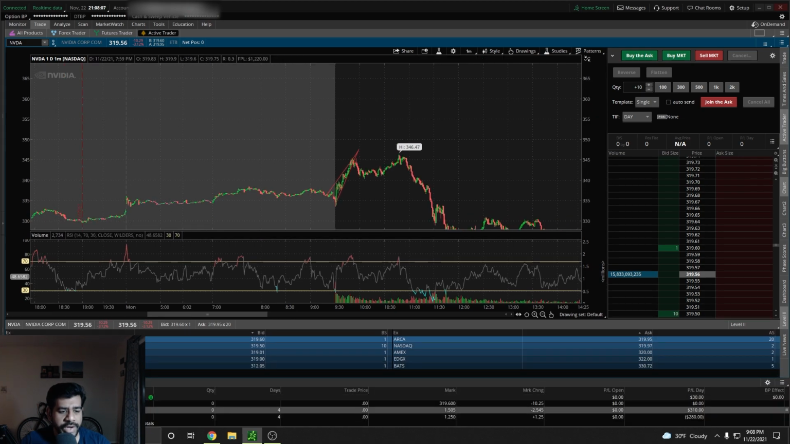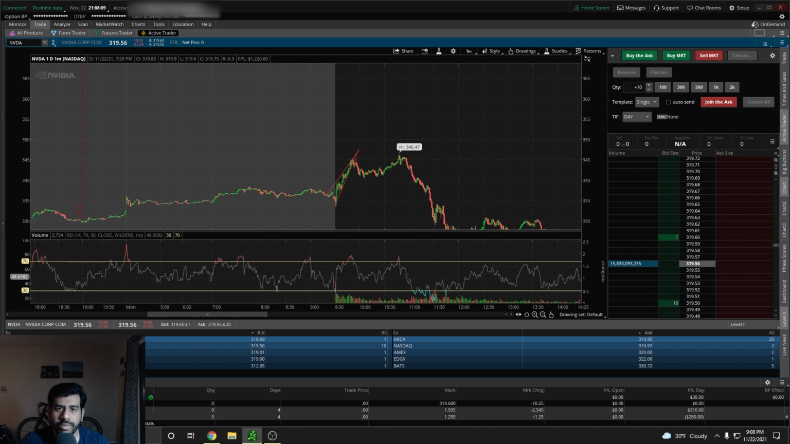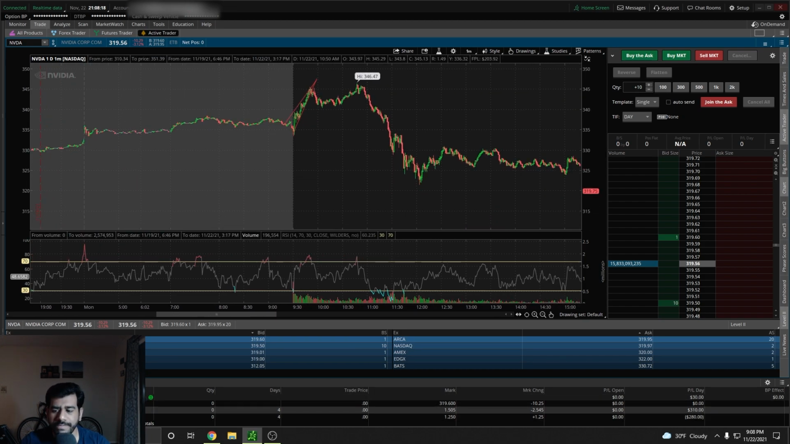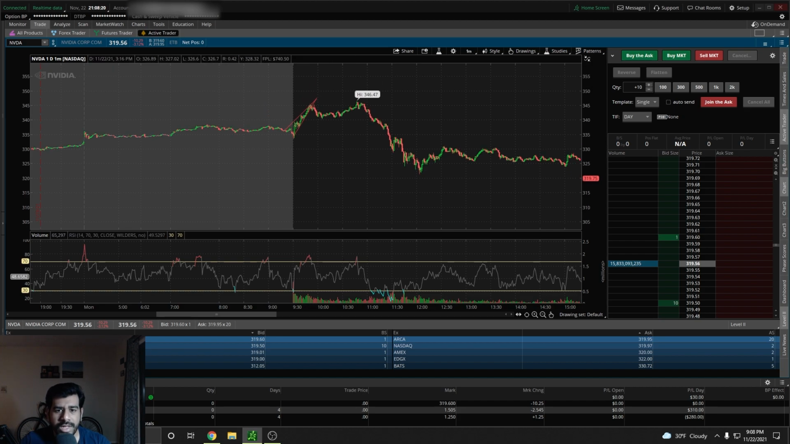So for Nvidia, I bought a 342.5 call spread for this week, expiring this week, and I just gained $30 on that trade. And this price action,